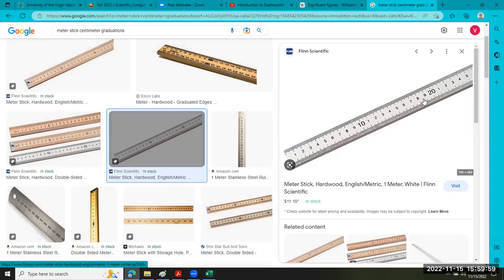Anyway, I know that's kind of a quick review, but essentially let's pretend that you had a meter stick with millimeter markings, then you had a meter stick with only centimeter markings from 1 to 20 here, and then let's pretend that you had a meter stick that only had a large bold line here with the number 1 and a large bold line here with the number 2. And let's say you had to measure the length of a small lizard, and the head was here and the tail was here, right? If you were using the first meter stick, because you have the very smallest lines, you could